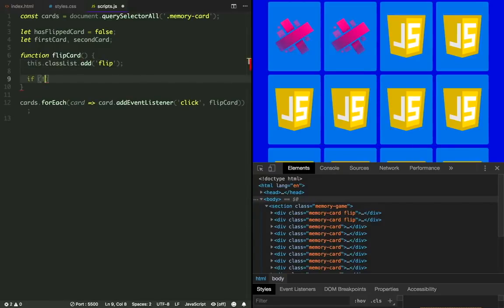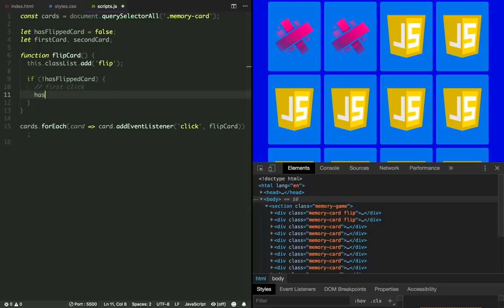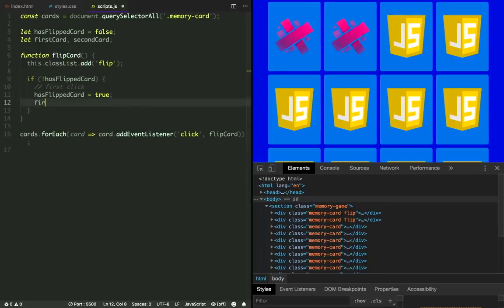Let's update toggle here to add, and we are going to add a condition, okay? So if hasFlippedCard is false, this means this is the first time the player has clicked a card. So then we are going to set hasFlippedCard to true, and we are going to set firstCard to the this keyword. Remember the this, the element that has fired the event?